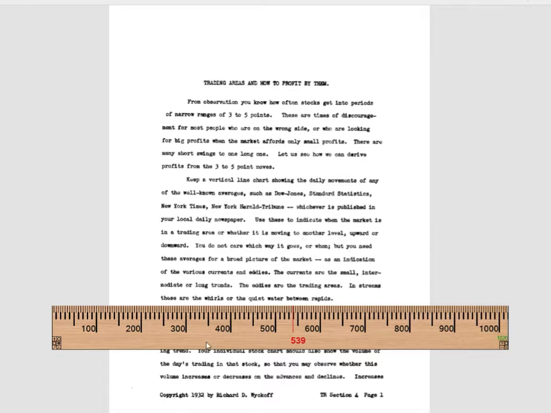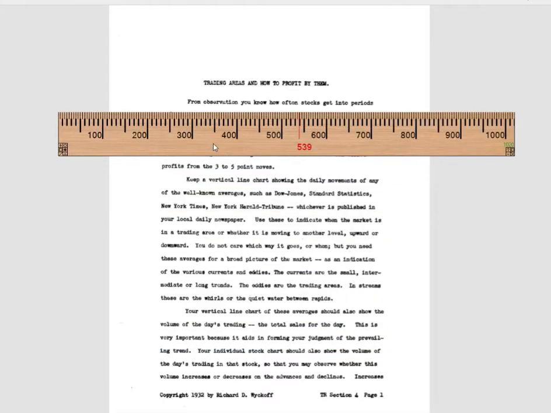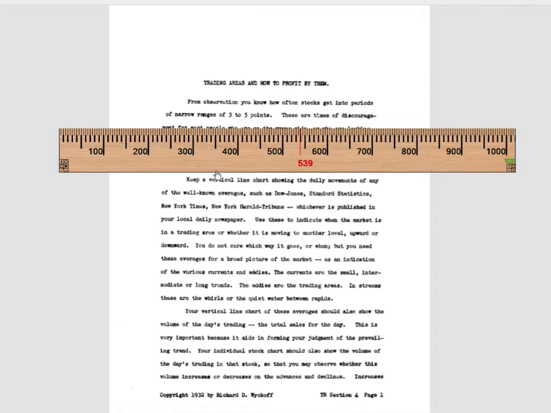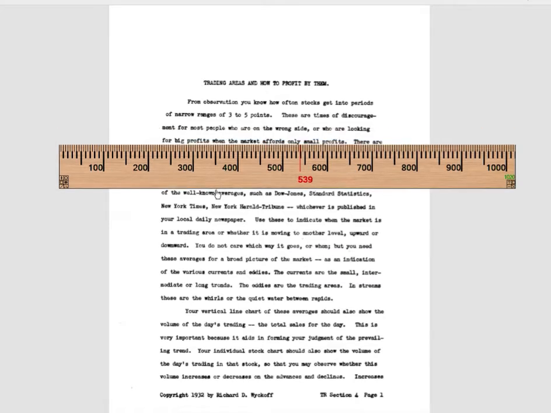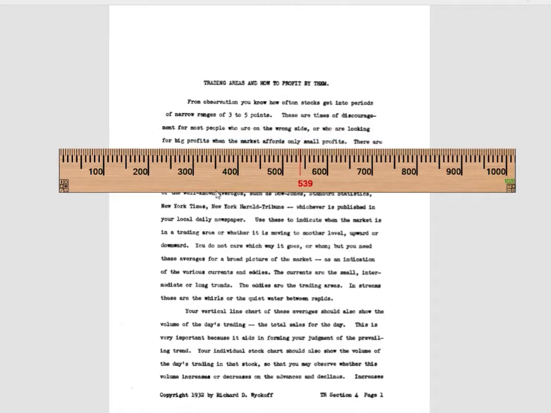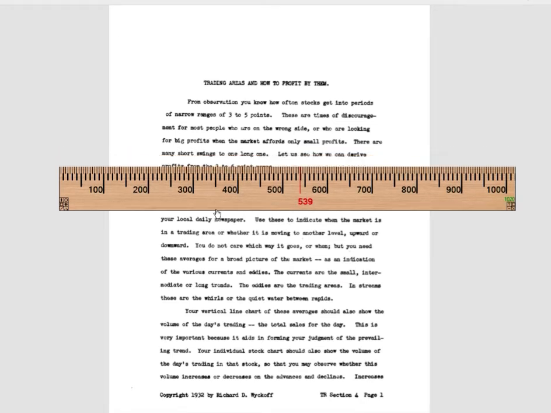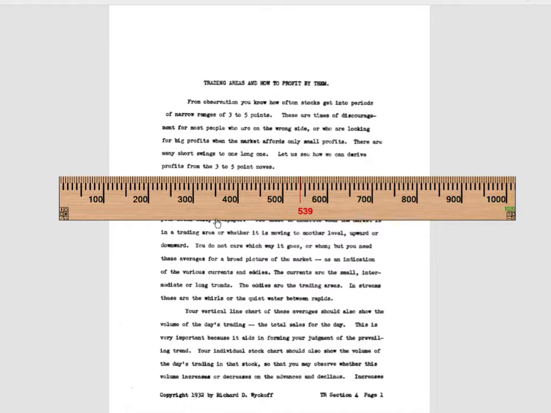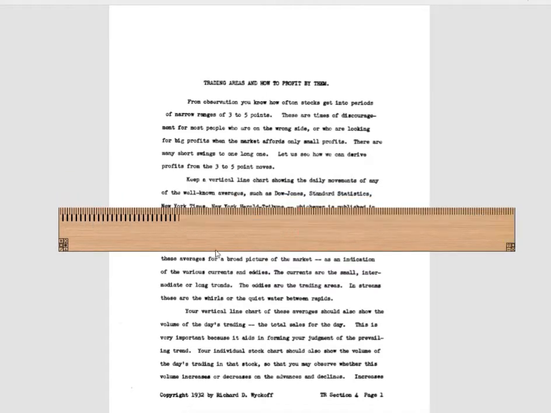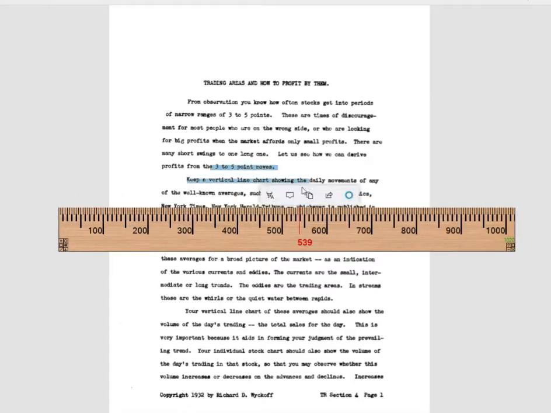Alright, so next chapter, how to trade ranges. How often do you get into periods of narrow ranges of 3 to 5 points? These are times of discouragement for most people who are on the wrong side or who are looking for big profits. Where ranges only give you small profits, you can derive profit from 3 to 5 point moves. He's just going to tell you to trade the range. Okay. Now, why is that